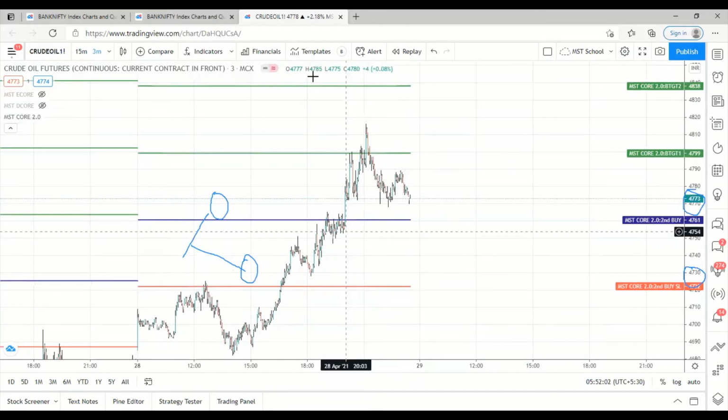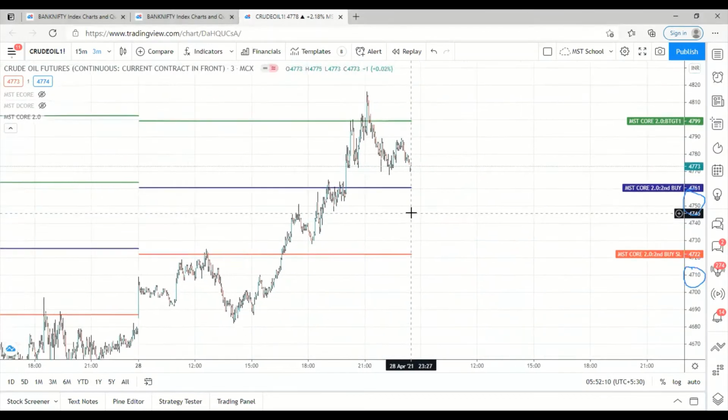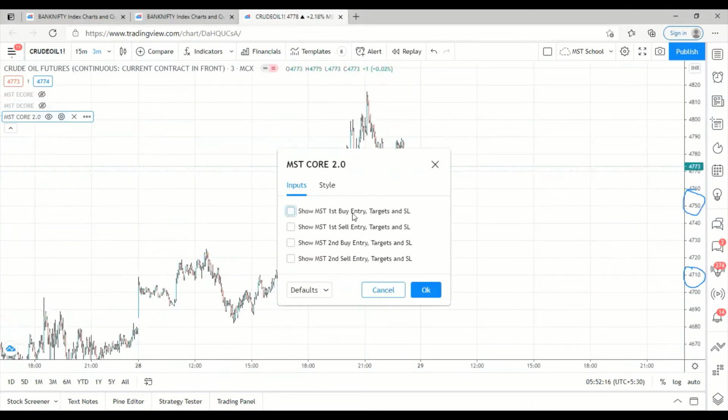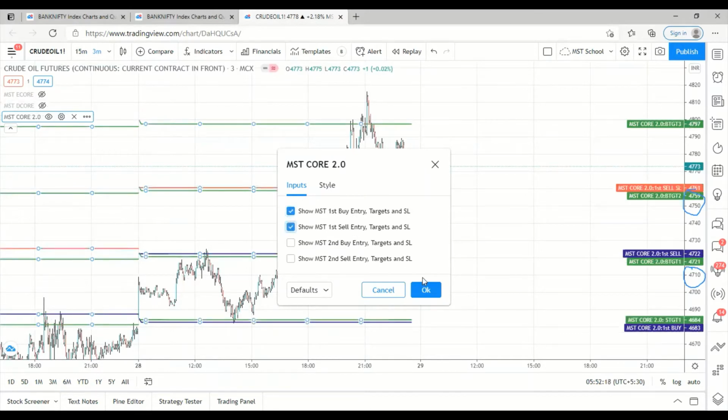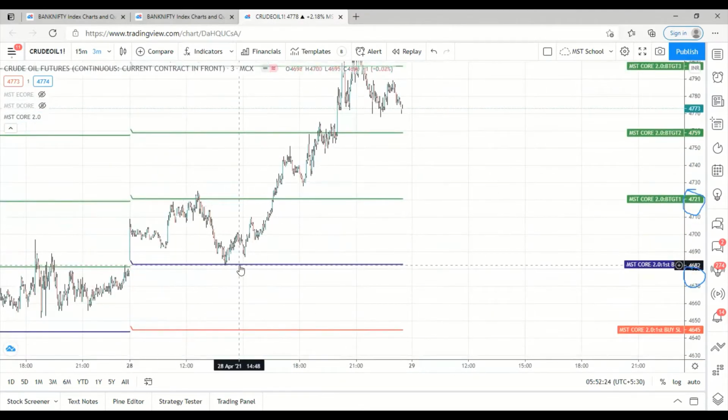But what we are telling, based on the experience and based on your risk appetite, you can go for both first buy and first sell. It is only for the risk trader. It is not for everyone. Okay. So yesterday what happened, after giving targets on the sell side, it immediately activated our buy entry 4683.